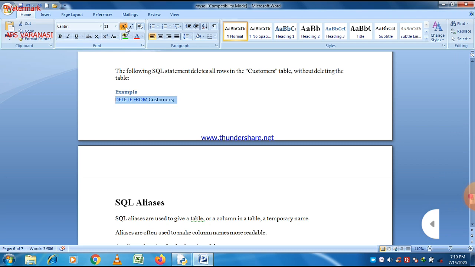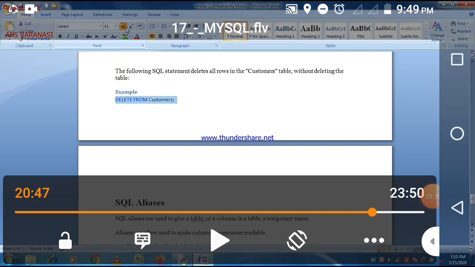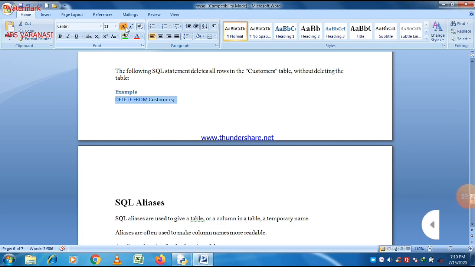But in delete, when we use the command delete from customers without a where clause, then all data will be deleted, and the structure remains the same. It means all columns will remain, but only the data contained in them will be deleted. So these are the three commands for today's lecture.